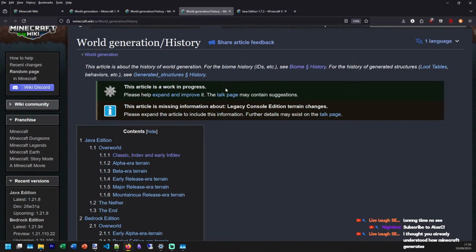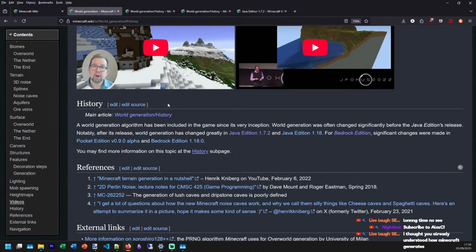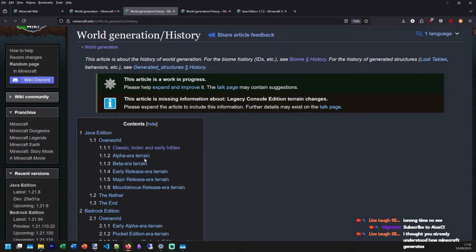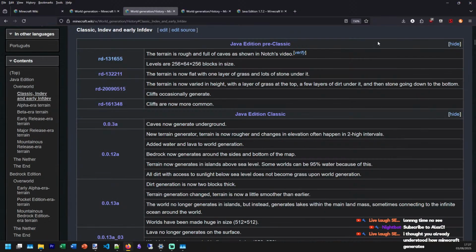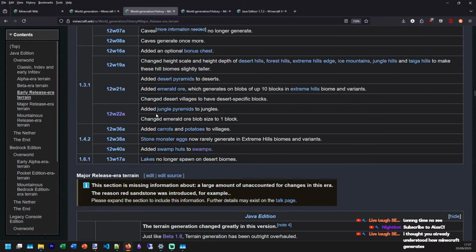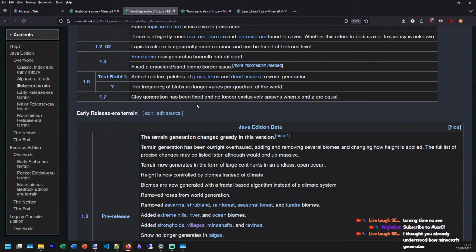The history subpage. I love it. Main article, history subpage. We start at the beginning. I'm going to skip to major release. Is the word density actually mentioned?